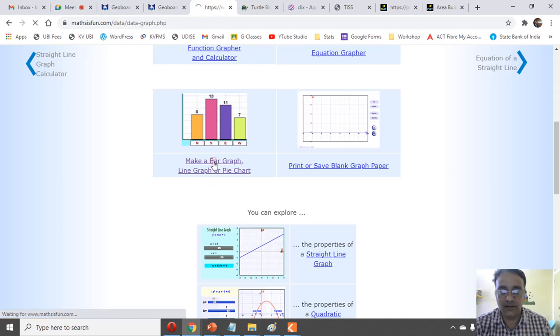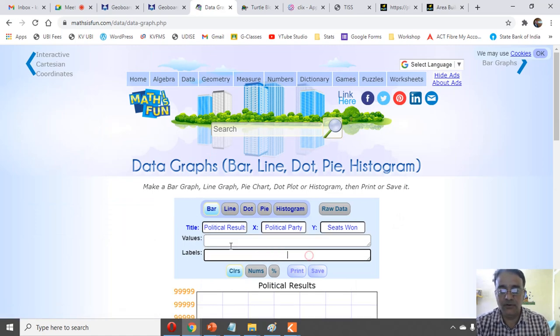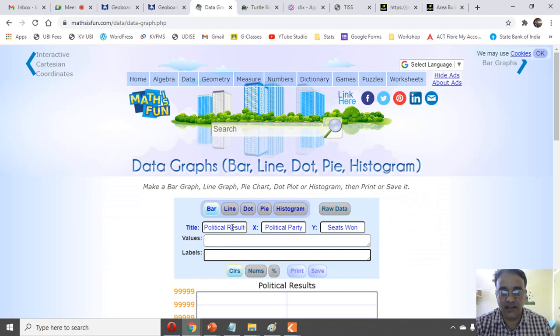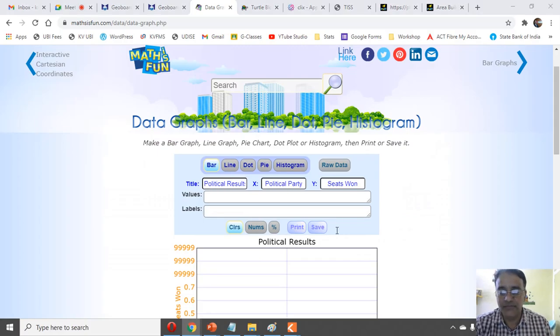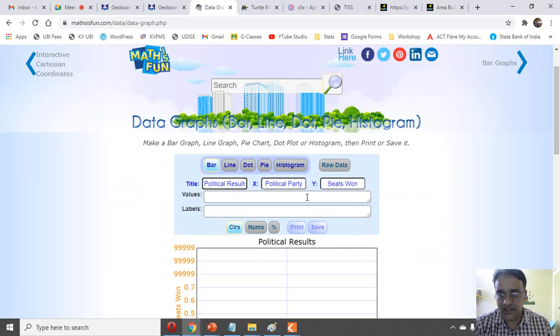So you have to click on this one. Okay, so what you have to do, you have to give the title, which is the political result. I have already written it here, and for the x-axis we have to write political party, that also I wrote, and for the y-axis we have to write seats won, so that also I wrote.